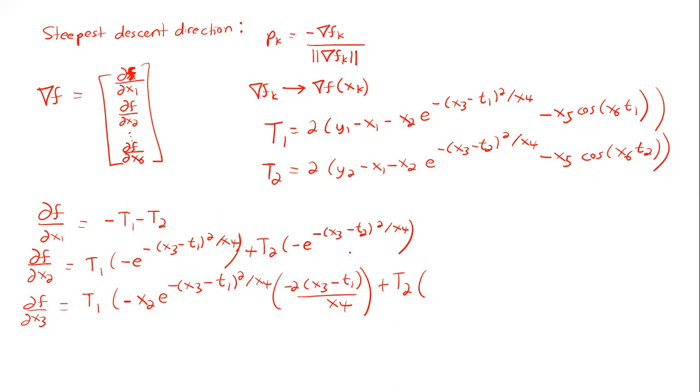Sorry about that. Negative x2 e to the negative x3 minus T2 squared over x4 times